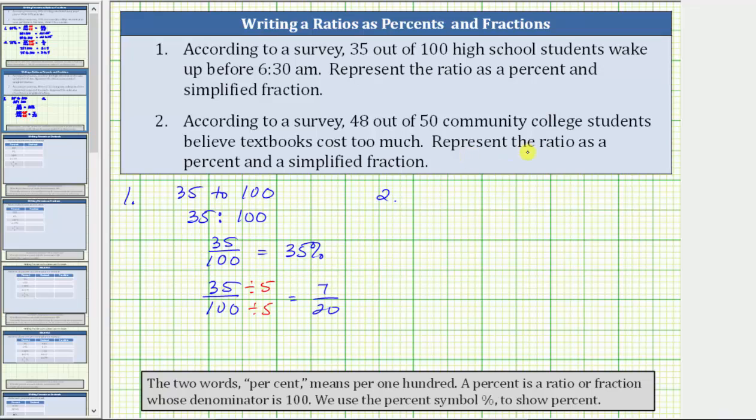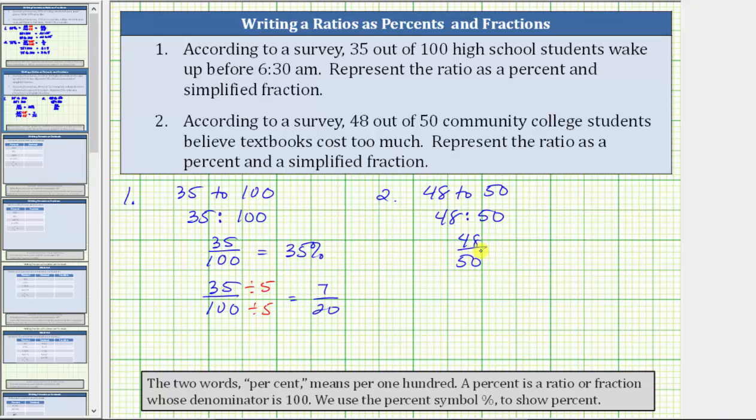For number 2, according to a survey, 48 out of 50 community college students believe textbooks cost too much. Represent the ratio as a percent and simplified fraction. The ratio is 48 to 50, which again we can express three ways, using the word "to," using a colon,